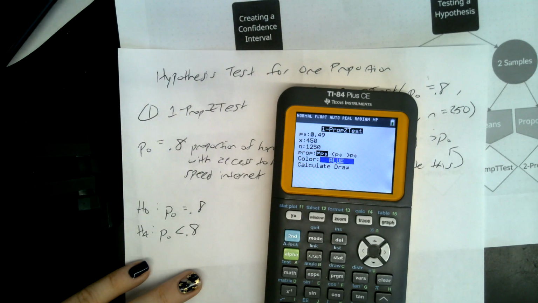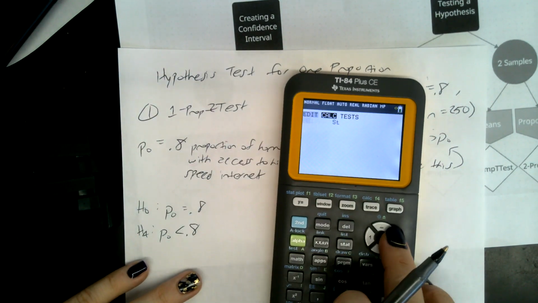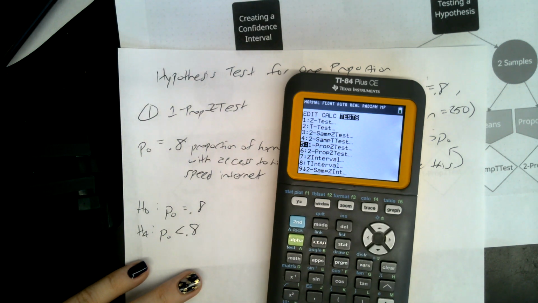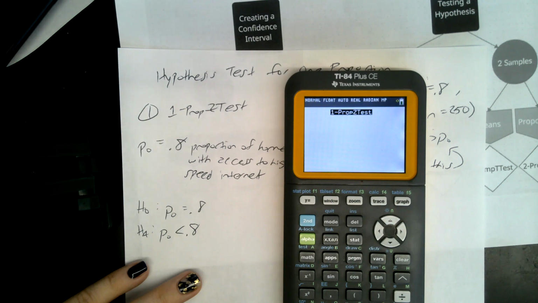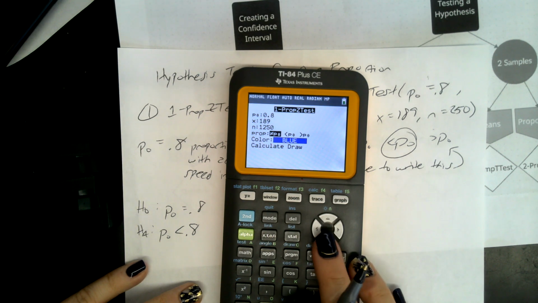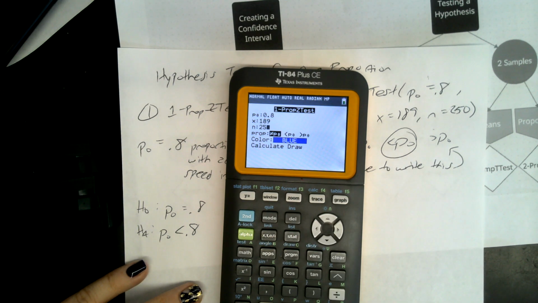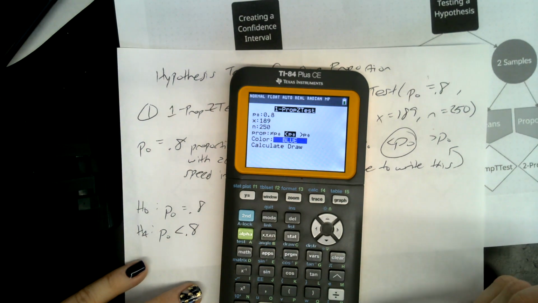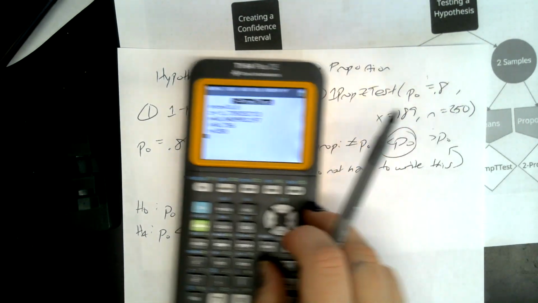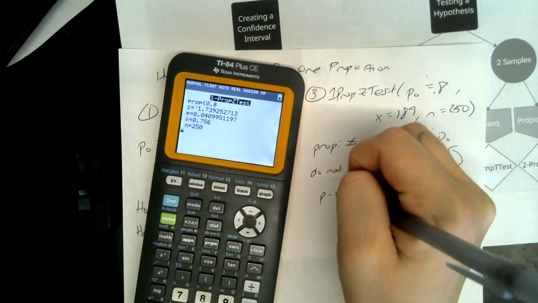Let's do that here. To get to it, we go stat, over to tests, down to a one proportion z test. I'm going to tell them my P naught is 0.8. My X is 189. My sample size is 250. Less than is going to match up with my alternative hypothesis. I will calculate and get a p-value out. My p-value here is